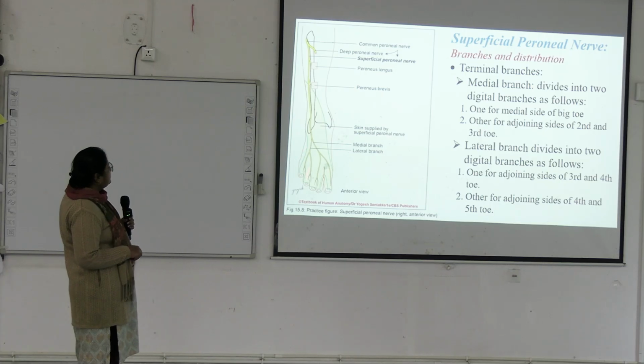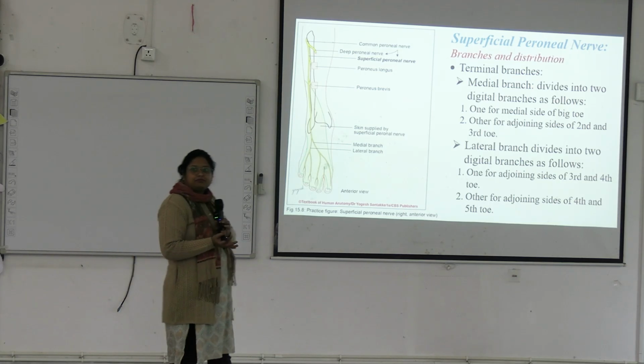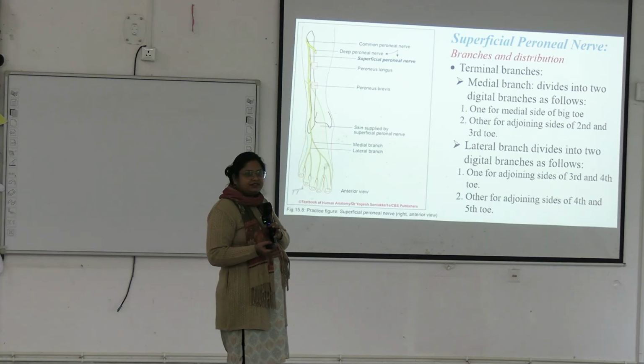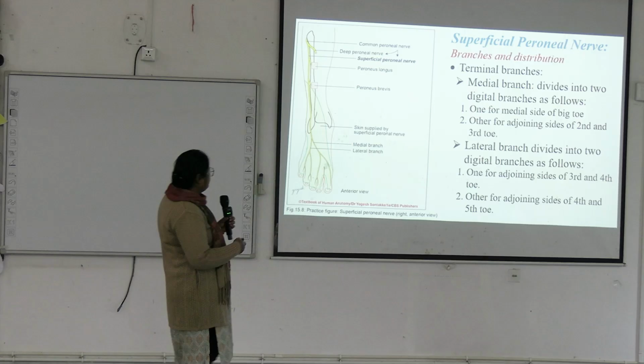Other for adjoining sides of fourth and fifth toe. Like the palm. Palm এ supply মনে আছে তোদের? Radial nerve, median nerve, এখানেও same ওইভাবেই হচ্ছে।